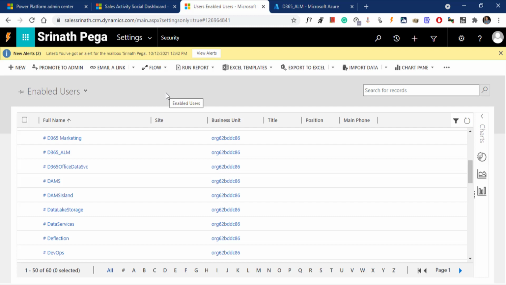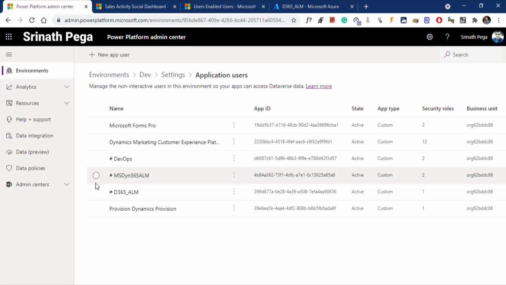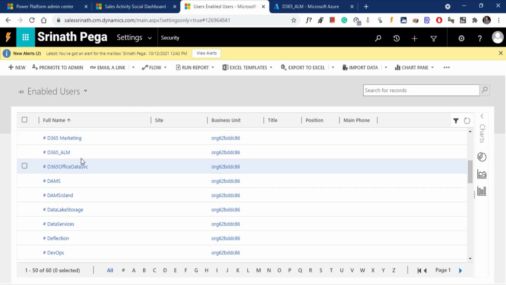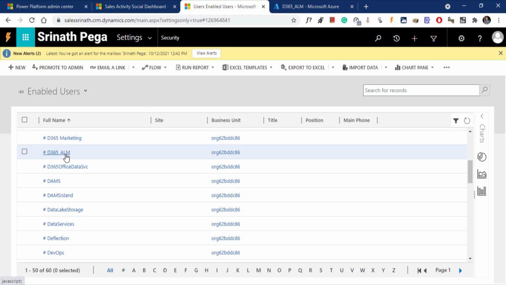But we added application user to this environment, and it is added as enabled user in the environment, which means this application user can access this environment.